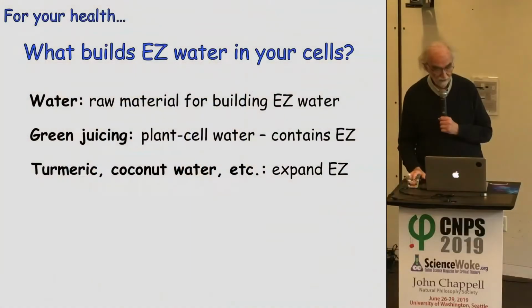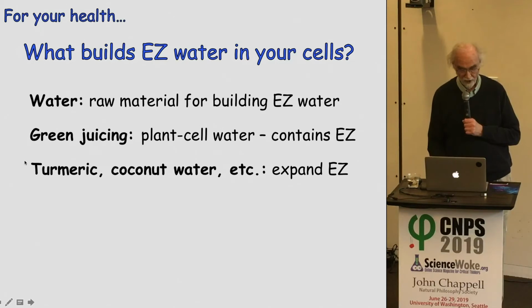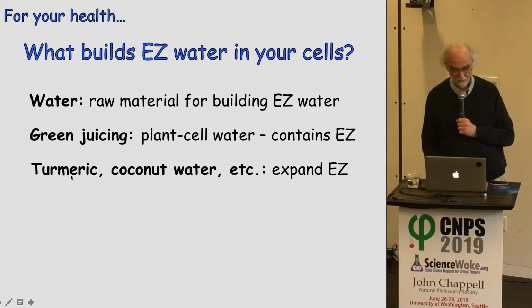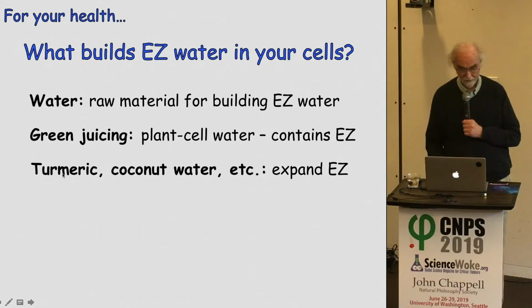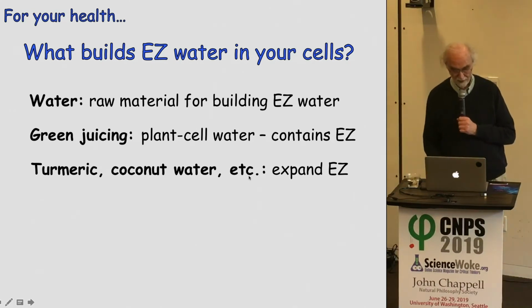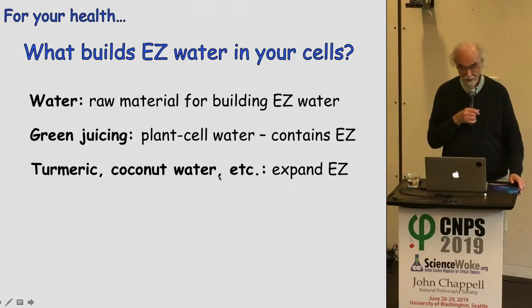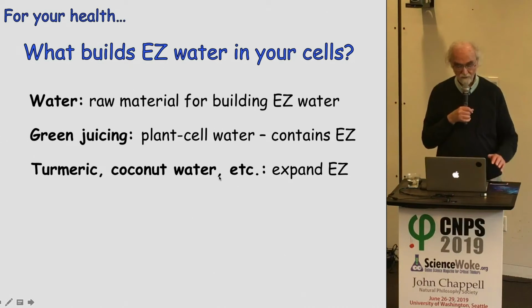Another one is various substances that have been known throughout the ages, even back in Ayurvedic times, to be good for health. I've listed 2 of them here. We actually studied 7 or 8 different ones that have been known, including turmeric, coconut oil, ghee, and some others. And one of the odd things that struck us is that these substances, even aspirin, are broadly effective. They don't just attack or help one organ or one mechanism. They affect everything around your body.